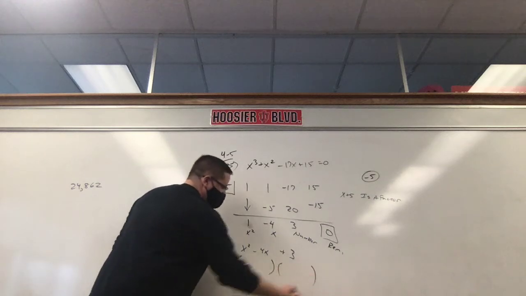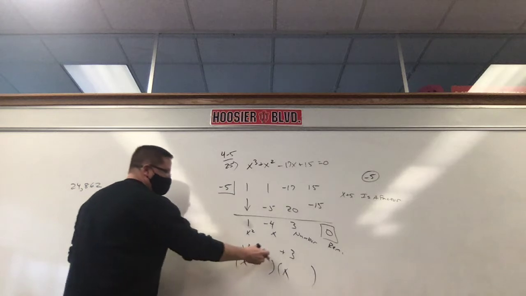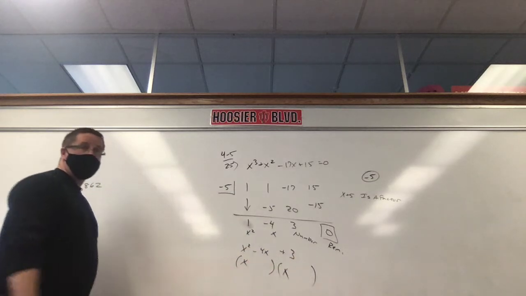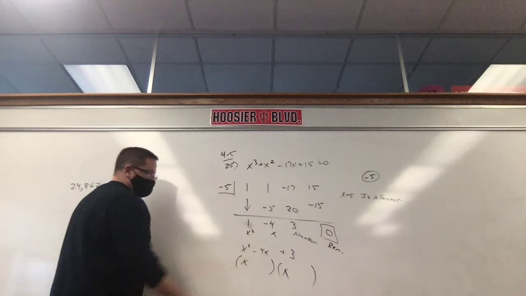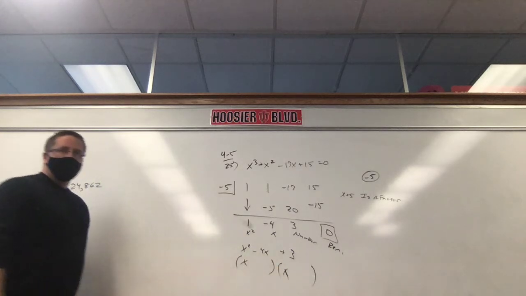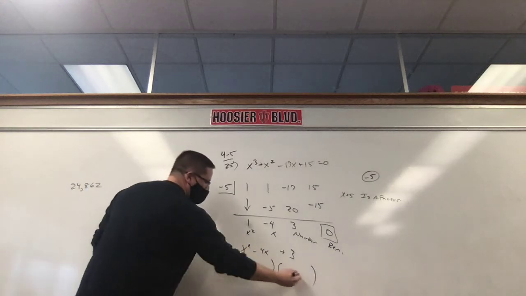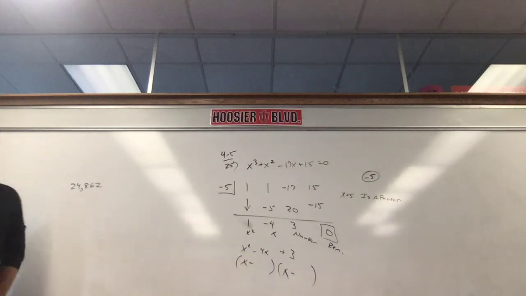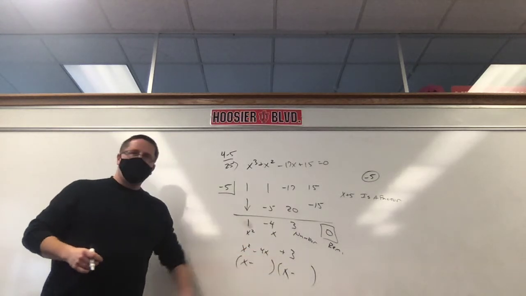So, x squared is x and x. We look at our last term, not our middle term, not yet. It's a positive. It's either a plus and a plus or a minus and a minus. By now, you should be able to tell me it's going to be a minus and a minus because we've got to get negatives somehow. This one really shouldn't be hard to factor at all. When I see a 3 right here and I see a 4 right here,